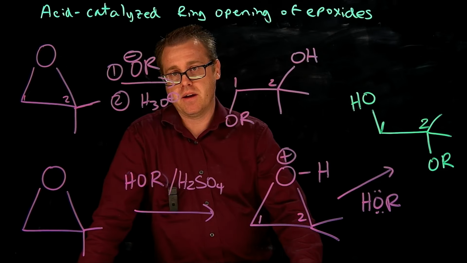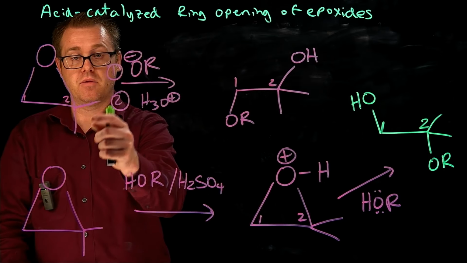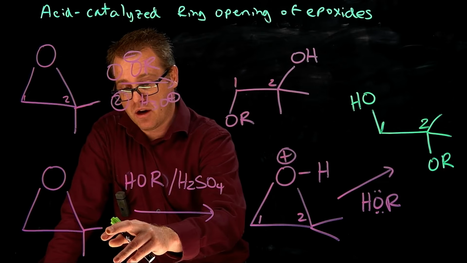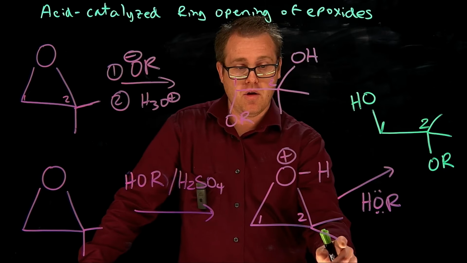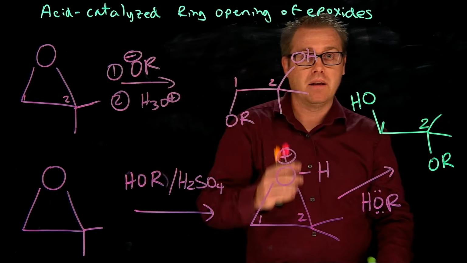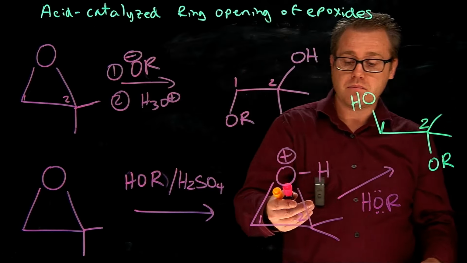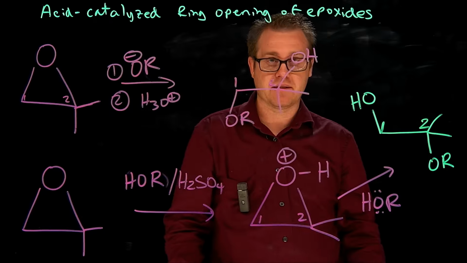So what we have going on here is steric effects, which is important. And we still have steric effects here. But there's another factor that is more important than steric effects,